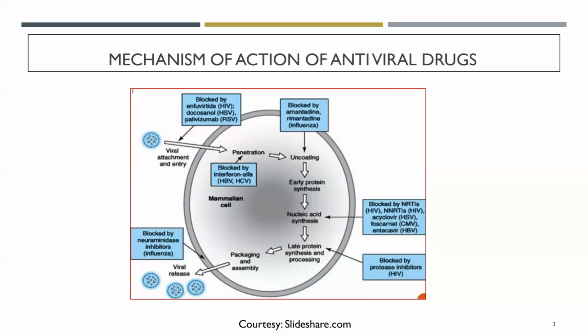Go ahead. So the structure of this virus has some similarity with the HIV virus, and in HIV, the process where there is protein synthesis and processing is where the protease inhibitors act. The specific enzyme involved in the blockage is called aspartyl protease. So this is the process where the blockage by protease inhibitor acts, so that further packaging and assembly is inhibited. So there is less viral release.